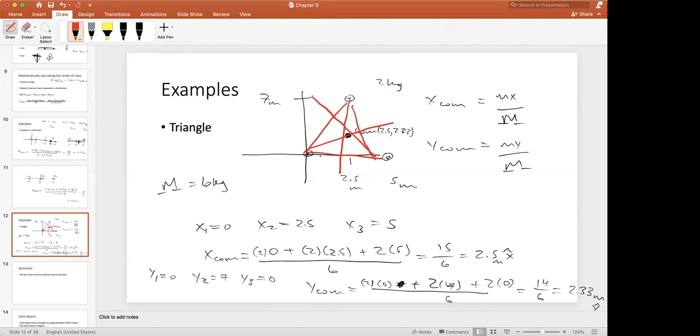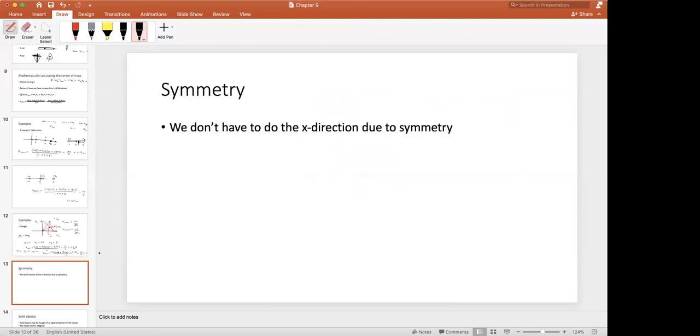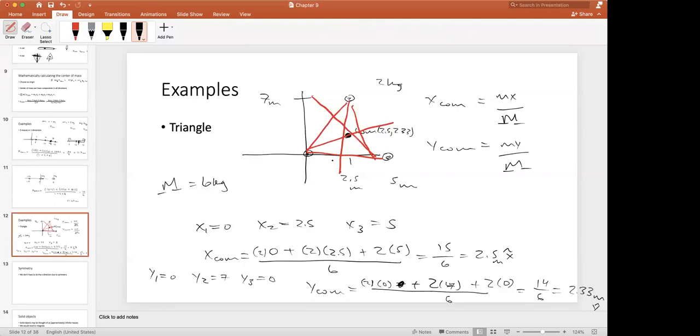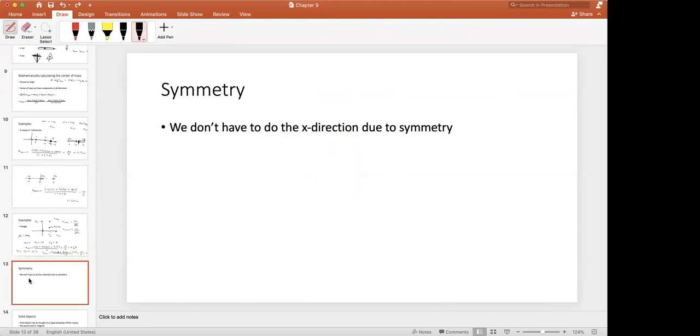All these tools are basically to keep you from having to write this for y and z and x, you know. So symmetry is super easy. We don't have to do the symmetry or the x direction here because we knew that the center of mass had to lie along 2.5. We only had to find the y. And if I ever ask you to find the center of mass, all you have to do is figure out where your symmetry is, and you don't have to do those parts. You can say, I know from symmetry, x is at 2.5 for the center of mass. The center of mass x is